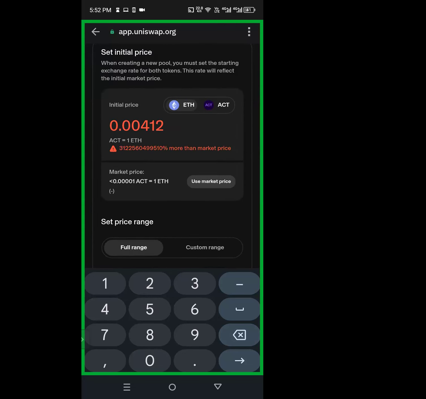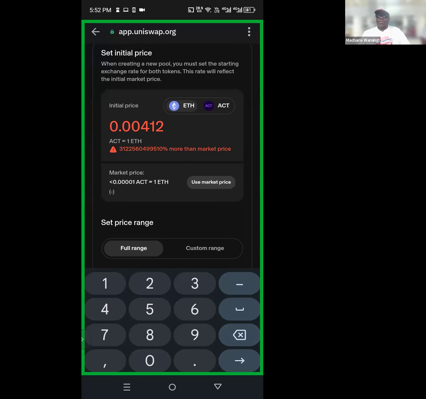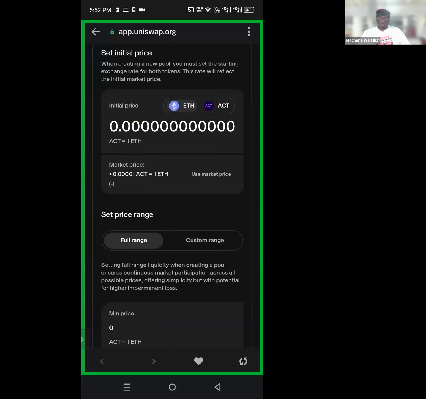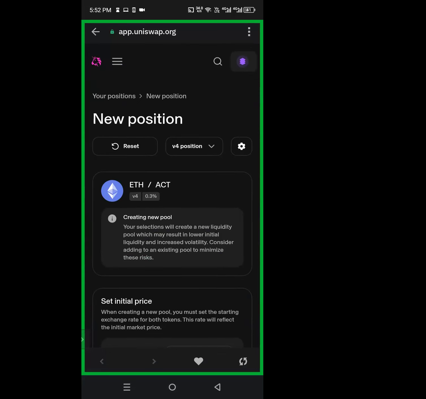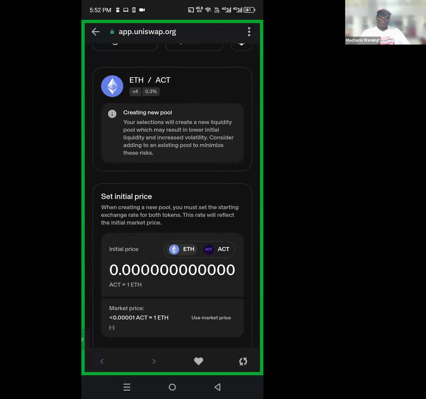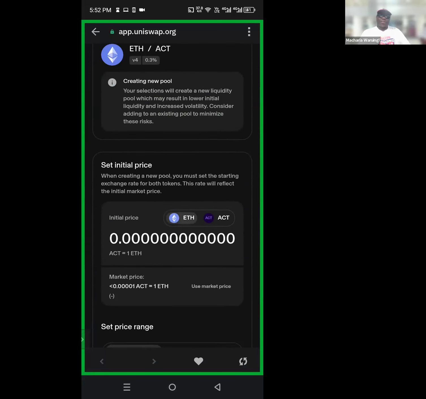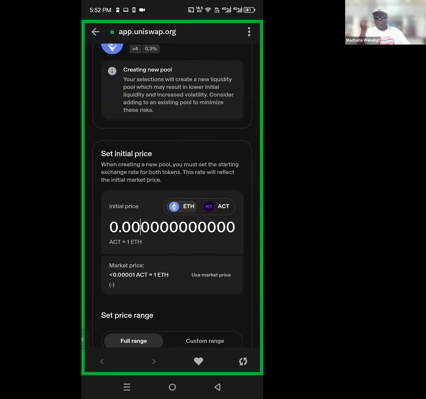So here, Doc, it's saying there's a place that says one actually equals one ETH. I don't know why. One actually is never equal to one ETH. Or not yet. Maybe tomorrow, maybe next year. That's all. Let me see where I can change that. If you set the initial price, one actually is 1 ETH.